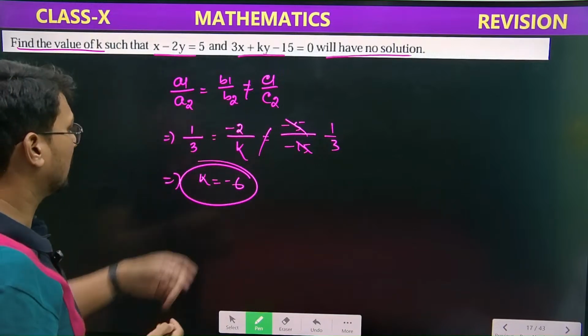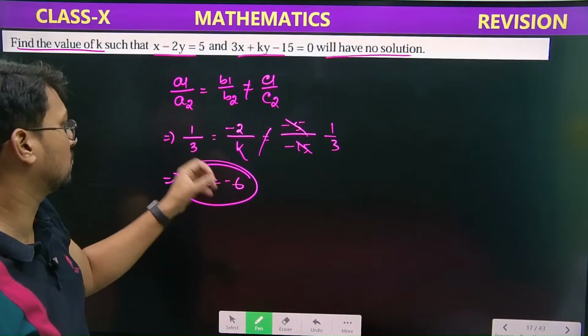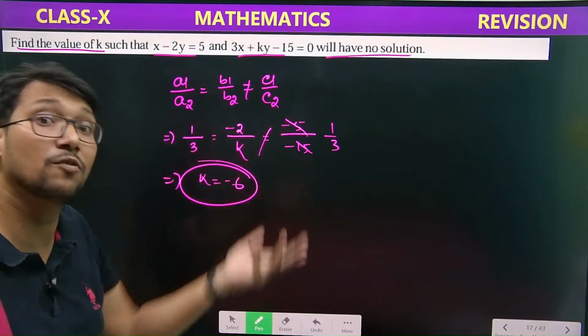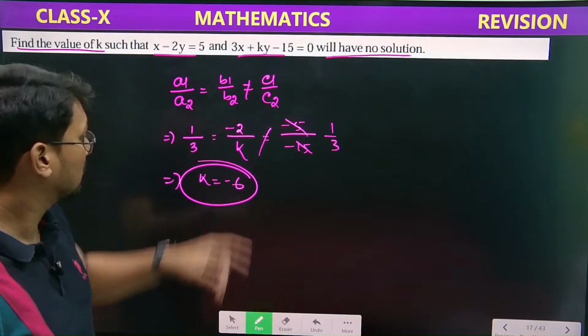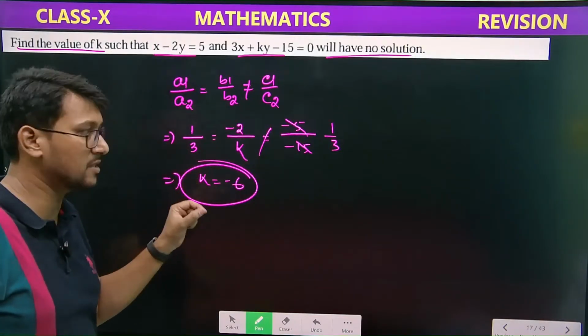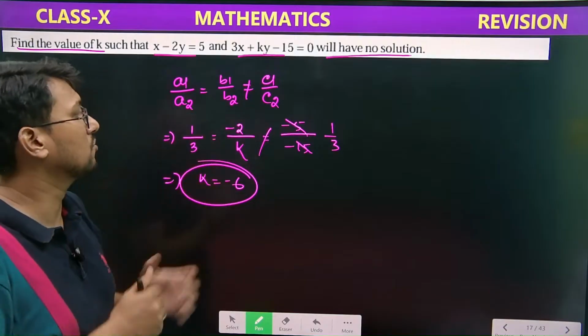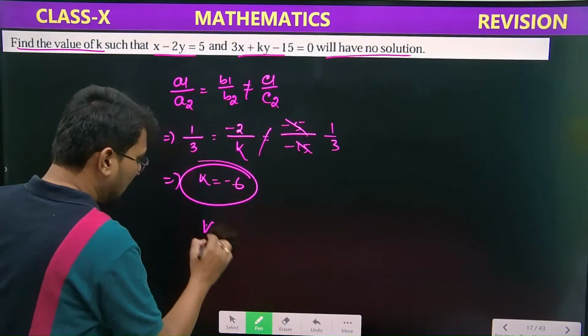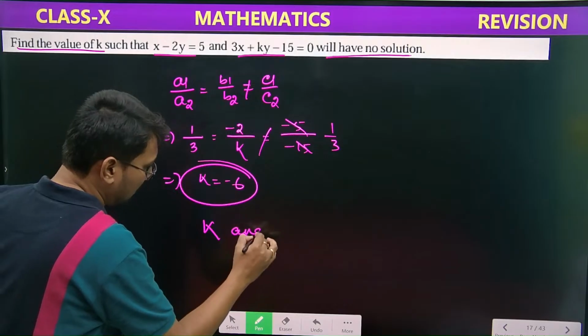If k is -6, do you think it will give no solution? Though these two are equal, if we write k as -6, we will not get no solution. We'll get infinite solutions. So the k value is any real number